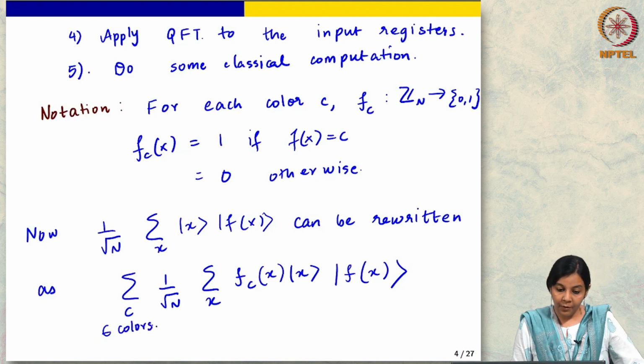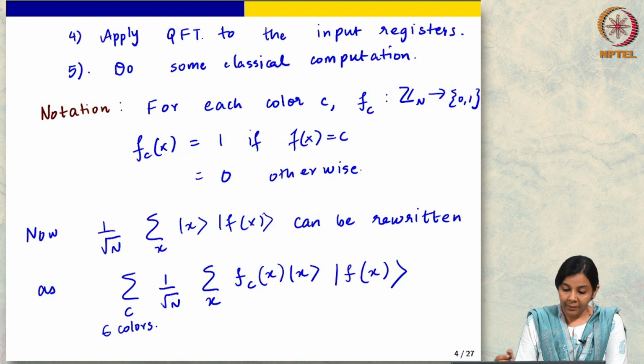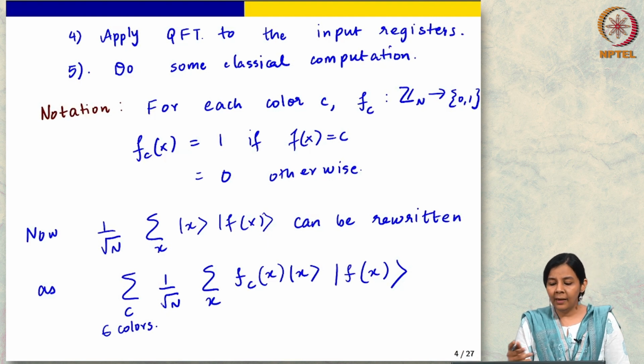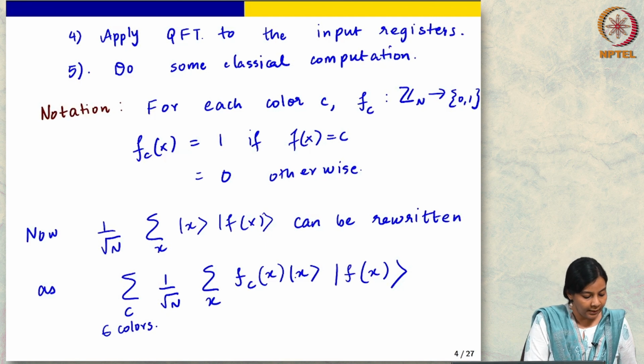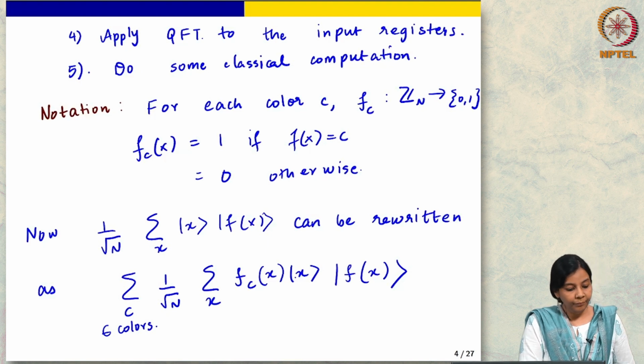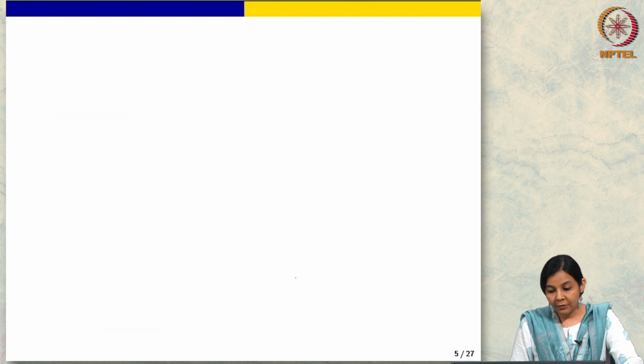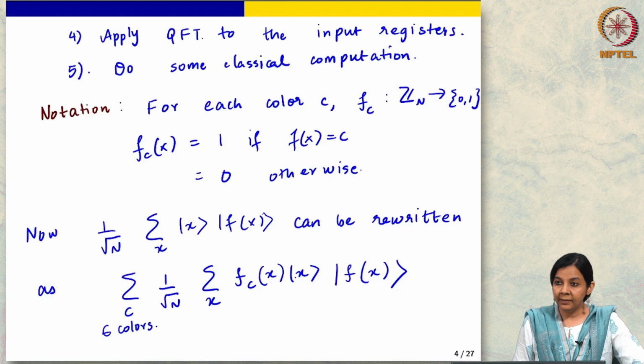So, I will give you a couple of minutes to stare at this. I mean, not that I did anything much, but basically I am just partitioning this sum over the colors. Okay. So, I will put this indicator function fC of x in front of each x. So, this only gets activated when we are in a given color, and then we just sum over all colors. So, this will just help us in analyzing this. Okay, so let us go forward. Is it fine? All right.